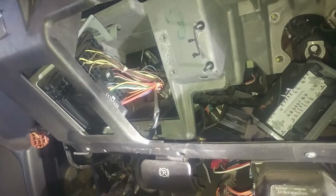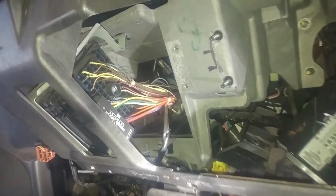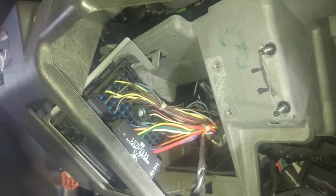Probably get it with a deep 7mm socket, so we're going to take that off. Alright, so I'm not sure exactly how far the dash is coming out, but I might undo this main connector here,